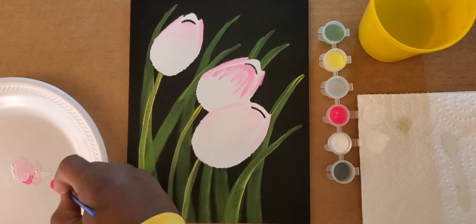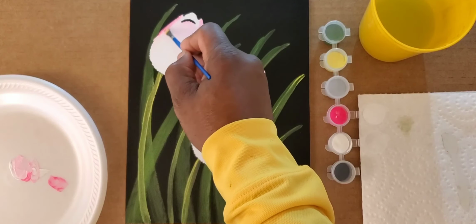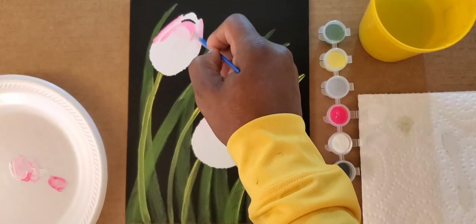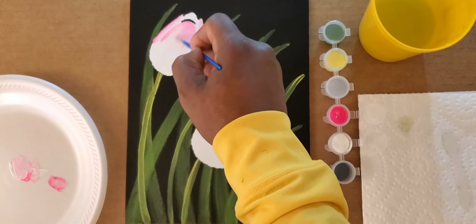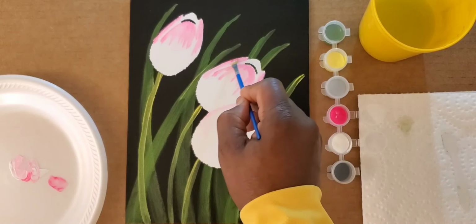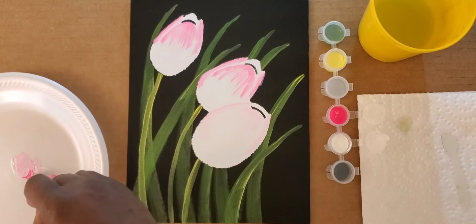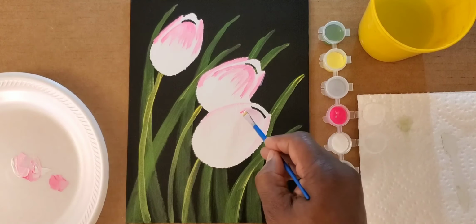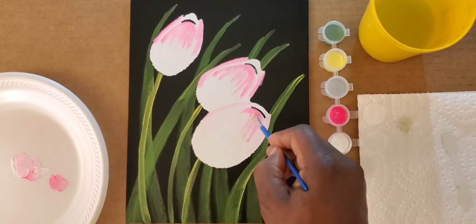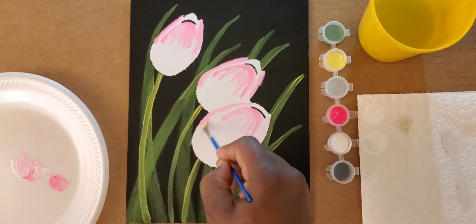Let's do the same thing. Pick up a little pink. It's going to add a little darkness here. Going to make our basic shape. And pull some lines. See? Like that. And then here a little bit darker. Maybe come right around the base here. And then go to our last one. Just pull in a little dark pink. Gonna come right around here, pull some lines, make sure we separate that one,